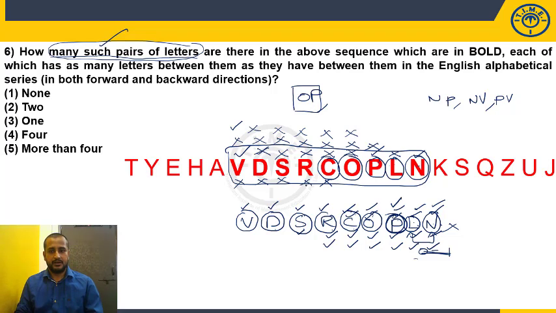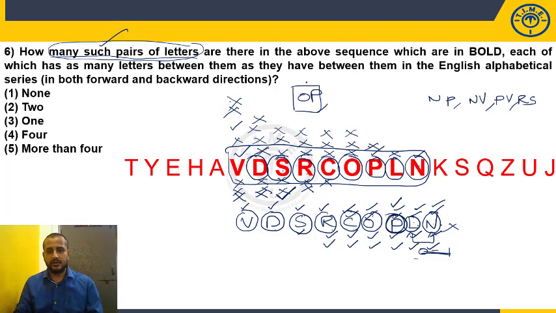Starting with C. D, E, F, G. And starting with R. S is perfectly matching. So one of the pairs is R, S. So R, S, T, U. Not matching. Next, starting with S. S, T, U. Not matching. Starting with D. E. The next letter is E. No, not matching. V. You don't have any other elements on the left side.